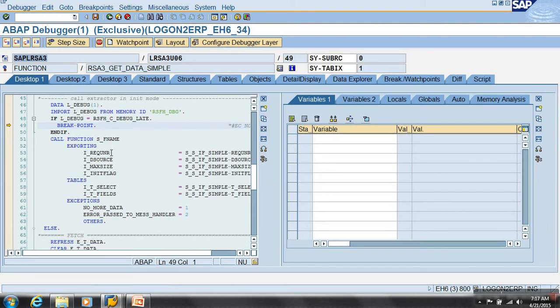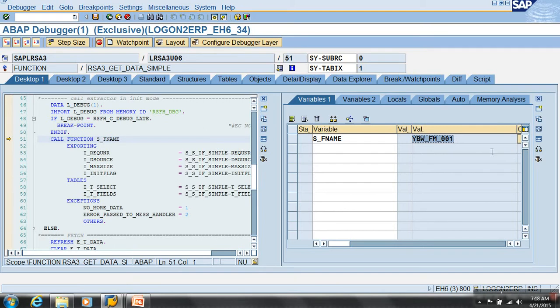Now in this API program, if you come down, it says call function. What is my function name? Prior to that, it has already collected all the details of the data source and found that the data source was based on a function model.